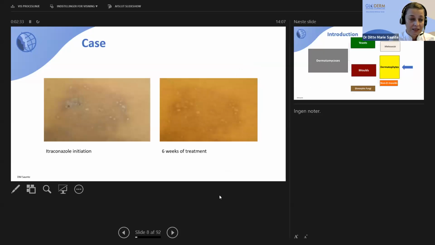It's a bit difficult to see, but if you look more in detail, you see there's some skin scales here at the initiation of the itraconazole treatment, and then all the scales had disappeared 6 weeks after the treatment, but the patient still has hyperpigmentation in the area of infection. So